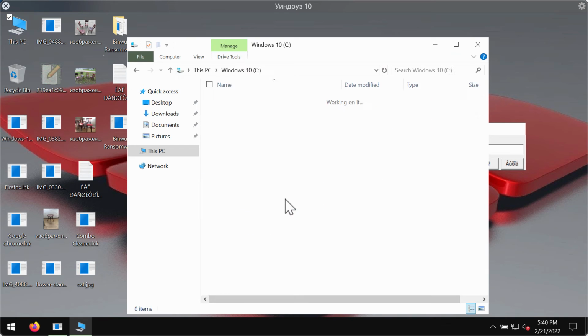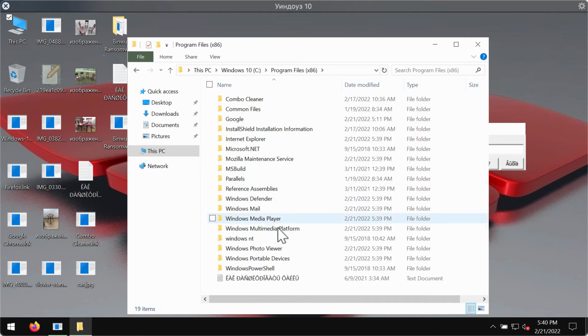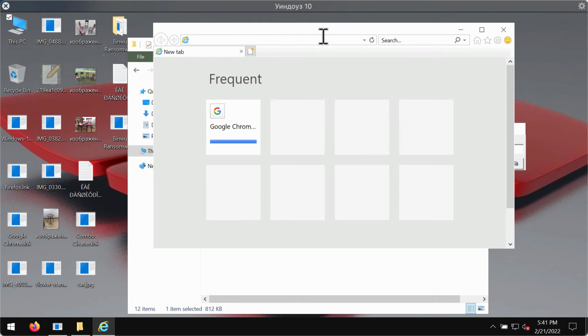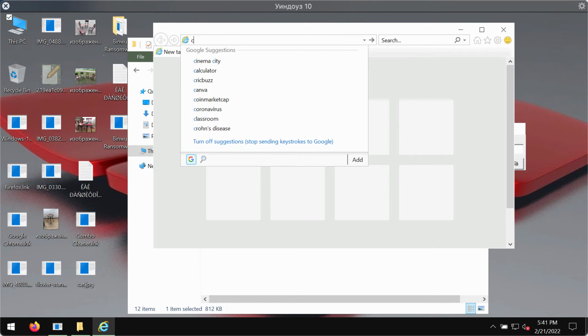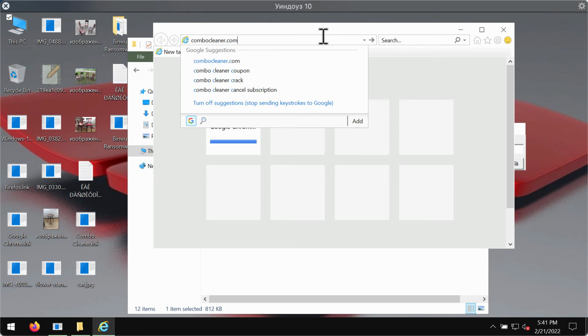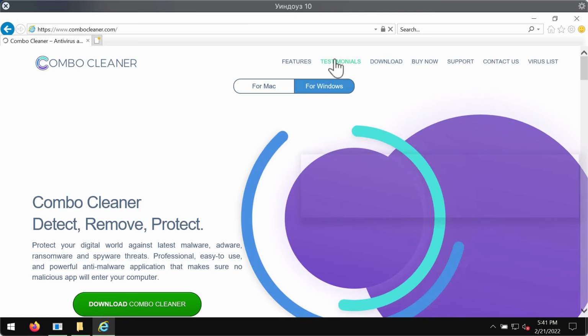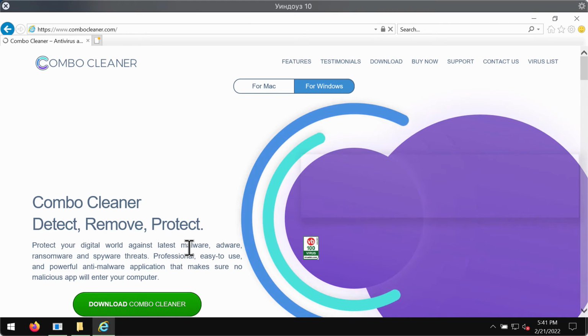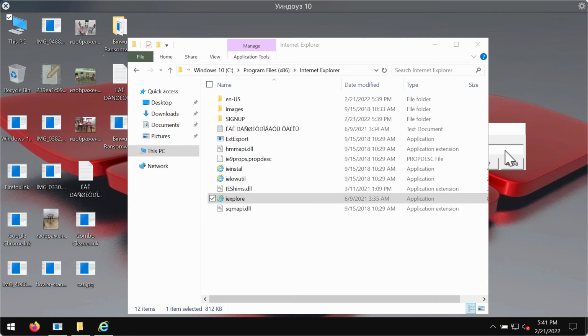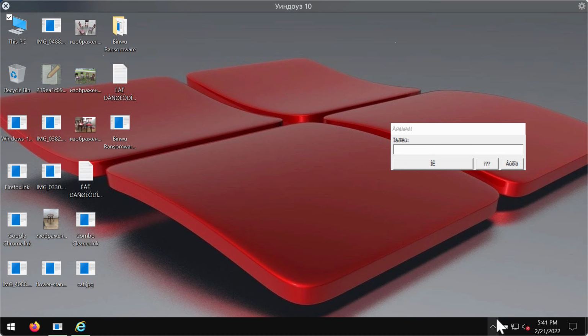Then we recommend you to go to Program Files, choose Internet Explorer folder, start Internet Explorer browser, and go to the page combocleaner.com. Download the software called Combo Cleaner Antivirus, and it will help you to effectively detect and delete this Binwu ransomware from your system. So use this green button to download the application, install it, and start carefully researching your system